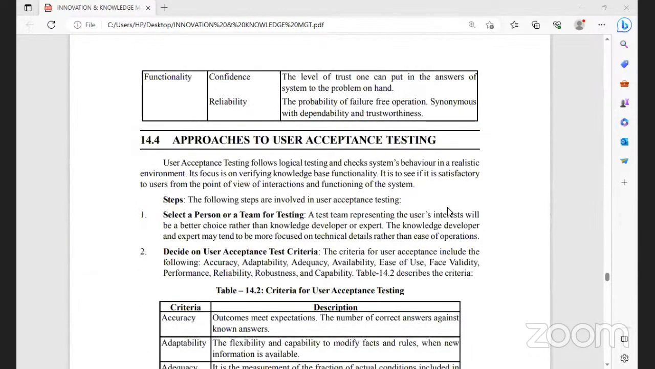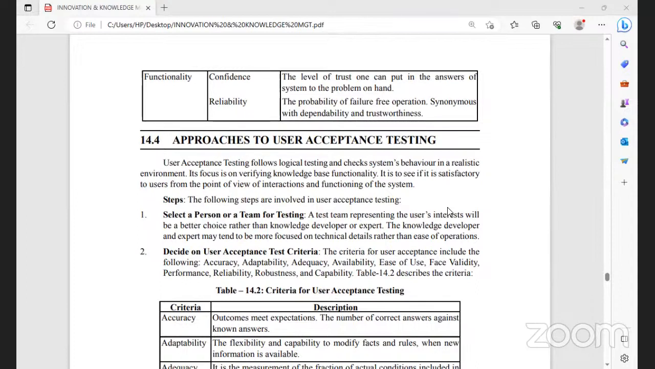Next topic is approaches to user acceptance testing. It is the second phase of testing. User acceptance testing follows logical testing and checks the system's behavior in a realistic environment. It focuses on verifying knowledge-based functionality, to see if it is satisfactory to users from the point of view of interactions and functioning of